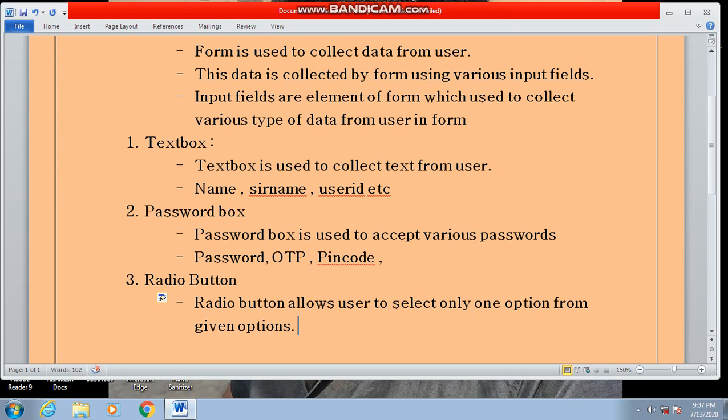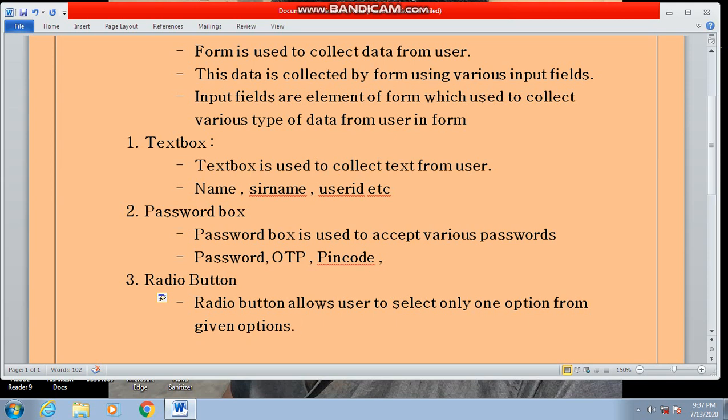For example, suppose there are two options on a form, male and female. We have to select only one option there. At that time, a radio button is used. Or if it is a true or false question, you have to select only one answer, either true or false. At that time, a radio button is used in a form to collect the data.